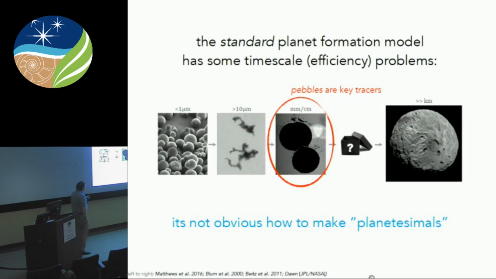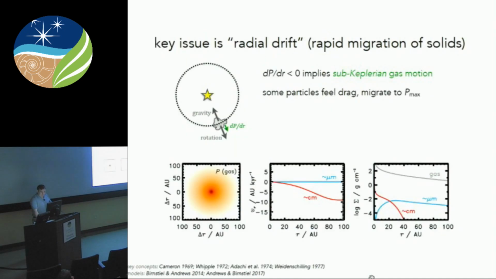Anyways, these pebble particles are key tracers for two reasons. One is a physical reason I'll explain in a second, but more importantly, this is the last size of a solid that we can directly observe astronomically outside of our solar system. You cannot detect larger particles. The light from those particles is very, very dim, and no facility now or on the horizon will, we'll all be long dead before anyone creates a facility that could directly detect emission from large solid particles. So observationally, they're the key, and that's good because we have some good facilities to detect them.